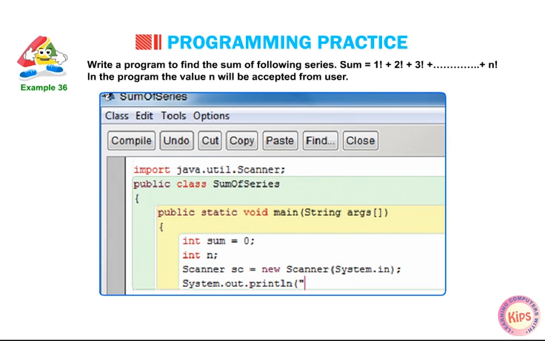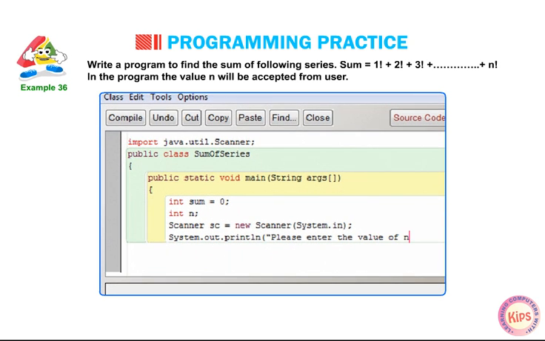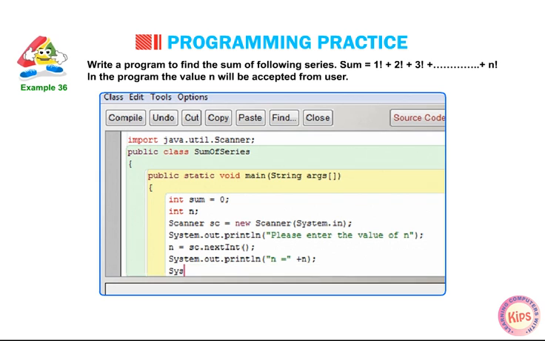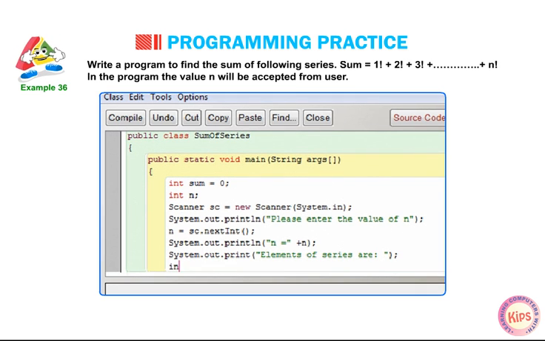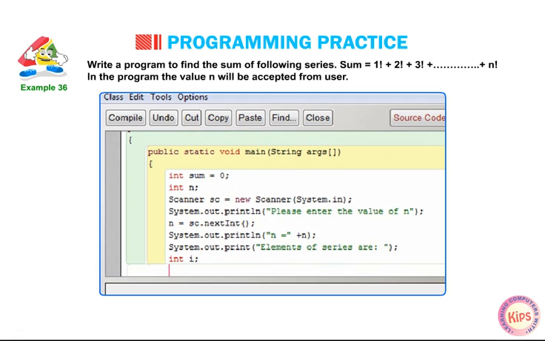System.out.println("Please enter the value of n"); n = sc.nextInt(); System.out.println("n = " + n); System.out.print("Elements of series are:"); int i;